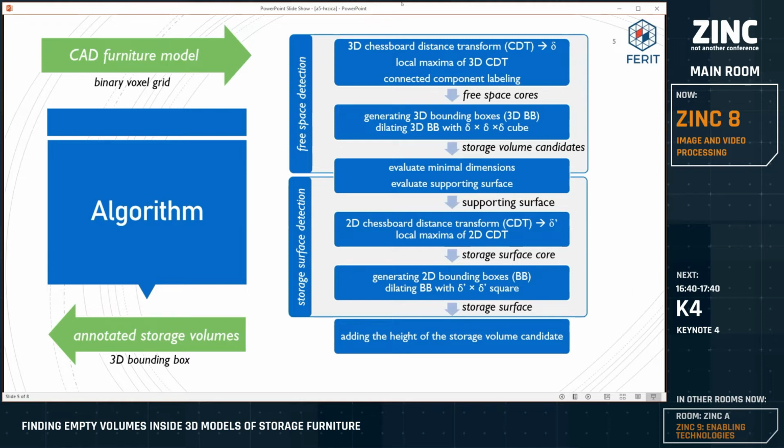Applying a 3D chessboard distance transform to the binary voxel grid assigns every free space voxel a distance to its closest occupied voxel. We refer to these distances as occupancy distances, or delta. A neighboring group of voxels corresponding to the local maxima of this CDT with equal occupancy distances indicates the centers of